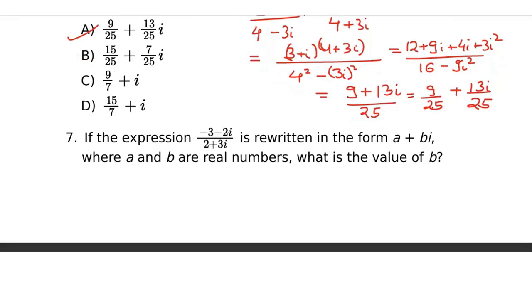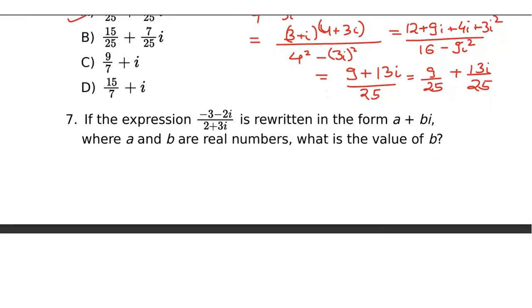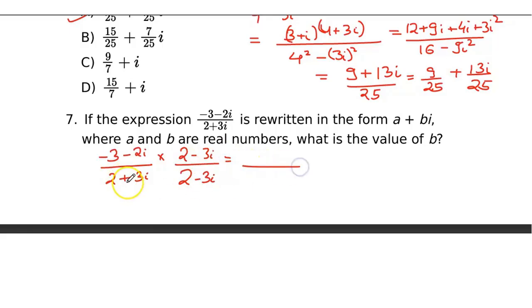Next question. If the expression is rewritten in the form of a plus bi, you have to find the values of a and b. And then what is the value of b equal to? Here also we'll basically use the same steps. We want to make the denominator a real number. For this, we'll have to multiply and divide it by the conjugate. So 2 minus 3i divided by 2 minus 3i. So here we are going to write it as 2 square minus 3i square. And here